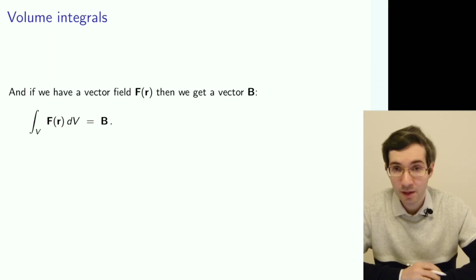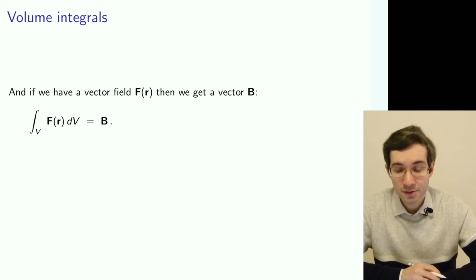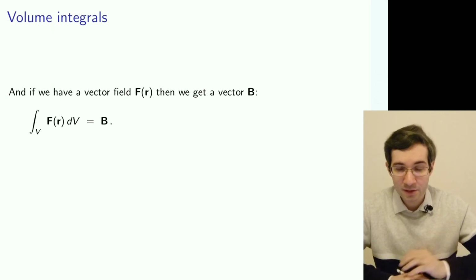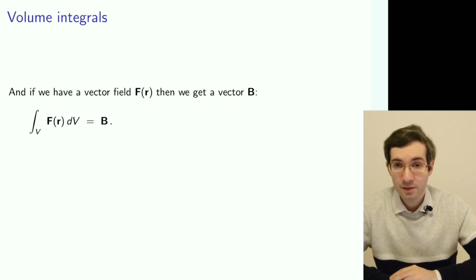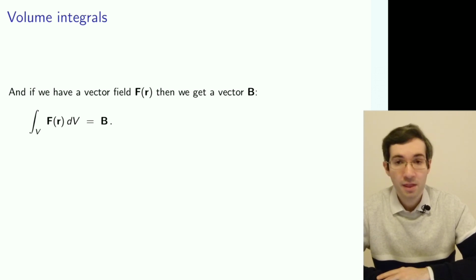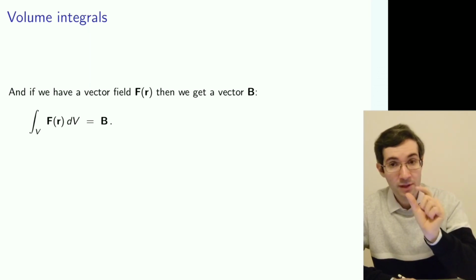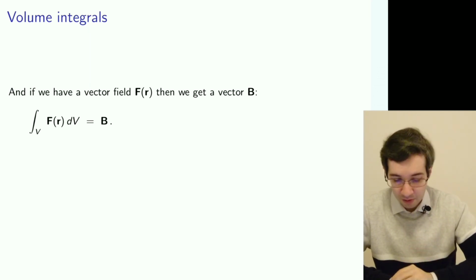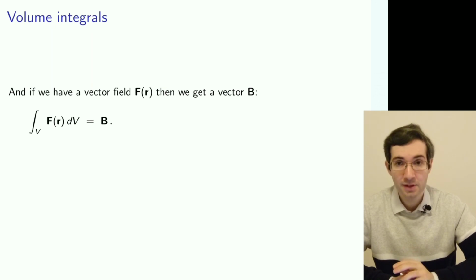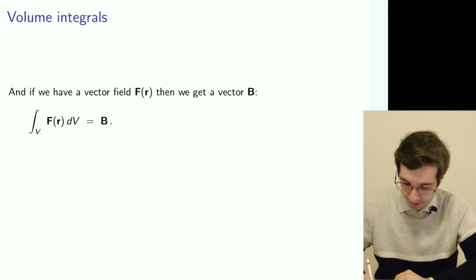Then we take a volume integral of a scalar field. So to summarize, we'll get the line integrals normally of the vector field scalar product with a little element of the line. Likewise, for the surface integrals, we get a vector field scalar product with a little element of the surface, and for the volume integrals, we will get a scalar field and just integrate, dividing our domain into small volumes.